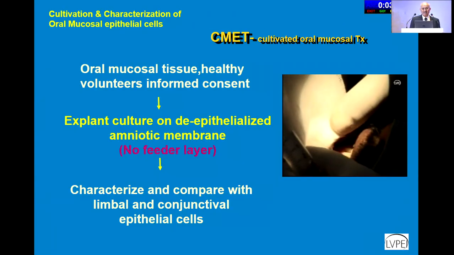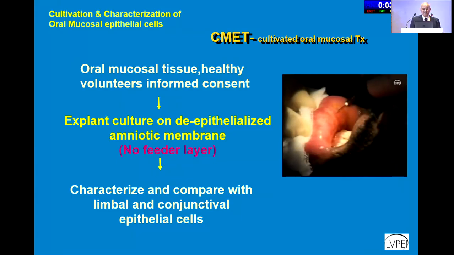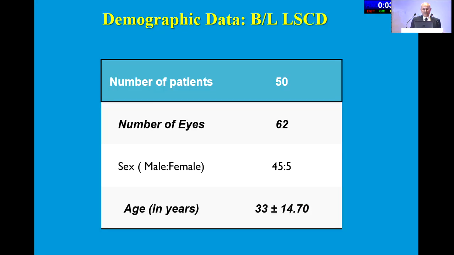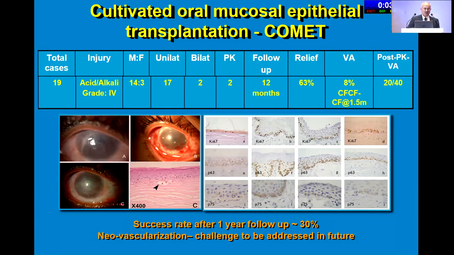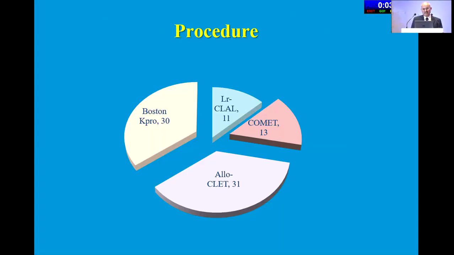Briefly about cultivated oral mucosal epithelial transplantation, COMET. We take the biopsy of the lip, grow it like limbus, and these are some of the patients. We did about 19 patients, and after that I stopped doing these surgeries because I did not find any significant improvement in the vision. And so for me now, if you look at bilateral LSCD, primarily it is the Boston type 1 K-Pro or